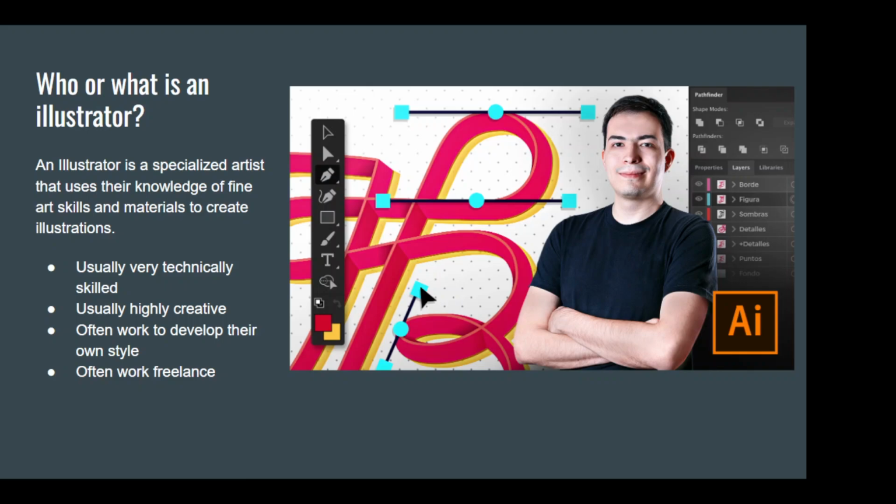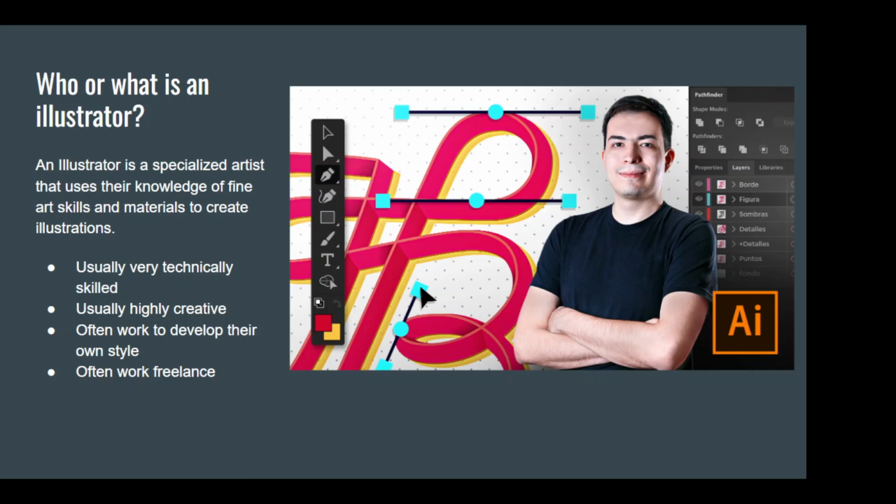Number one, for me, I consider illustrators kind of like the rock stars of the art world because they can do both. They are really, really technically skilled in traditional studio art techniques and media, and at the same time they also know graphic design, and they work with graphic designers, and they can use graphic design principles. So they kind of are in a gray area all by themselves, where they're not really technically fine artists, they're not really technically graphic designers or commercial artists. They kind of live in a world between both. And because of that, it's usually only the best of the best who aspire to or become successful illustrators.